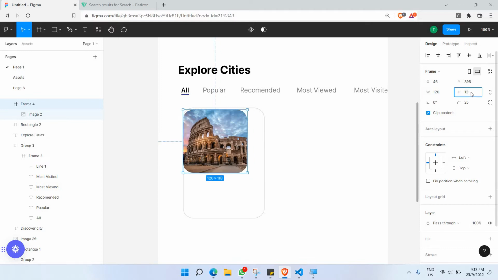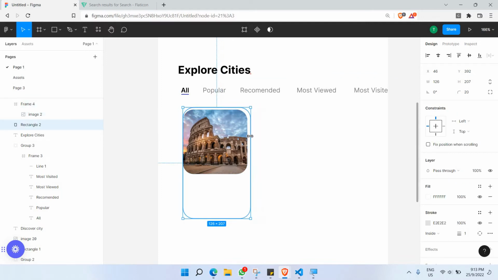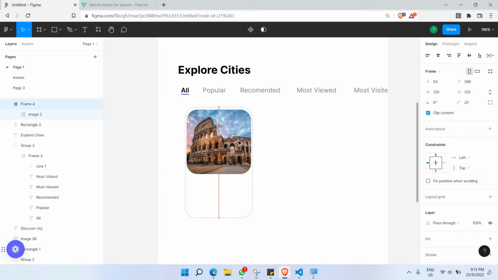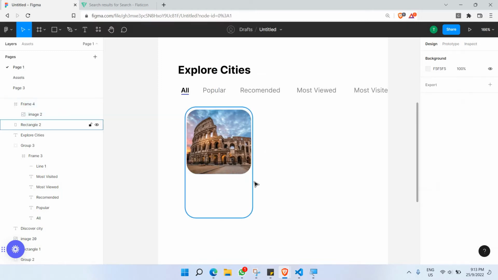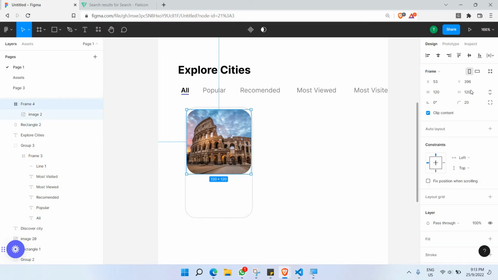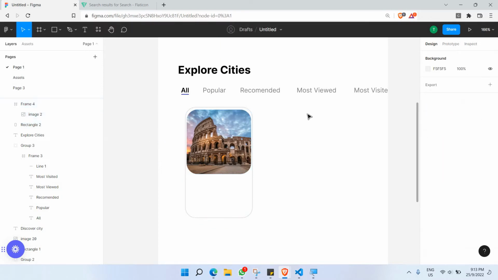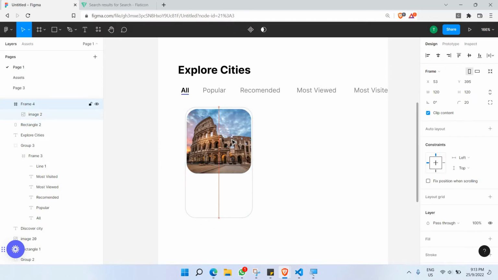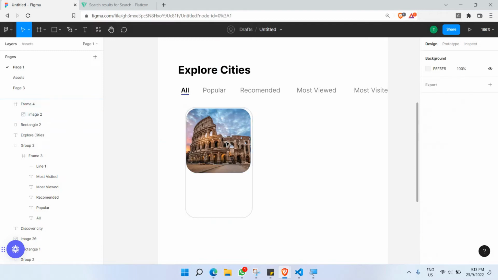And it should be 1, 2, 0 as well. Okay. Now let's make this smaller as well. So what we can do here is make both of these have the same radius, which they do have. And the next thing is that we need to give some shadow behind this texture,